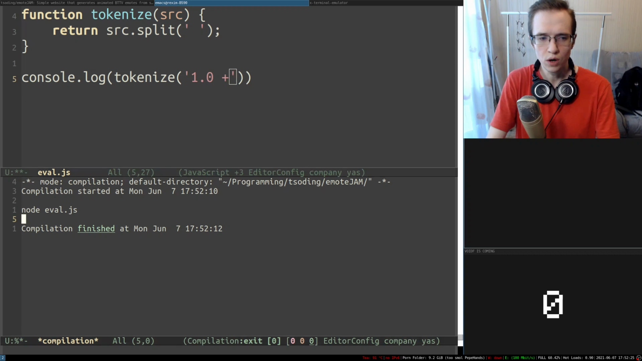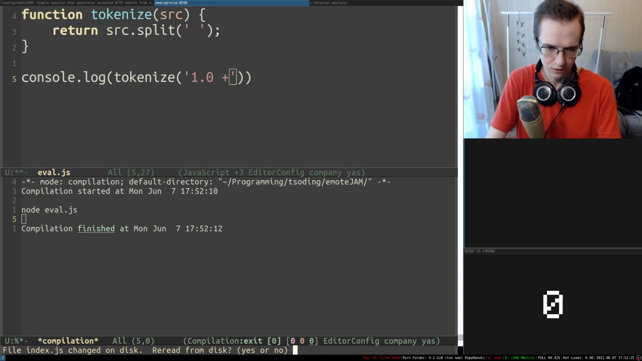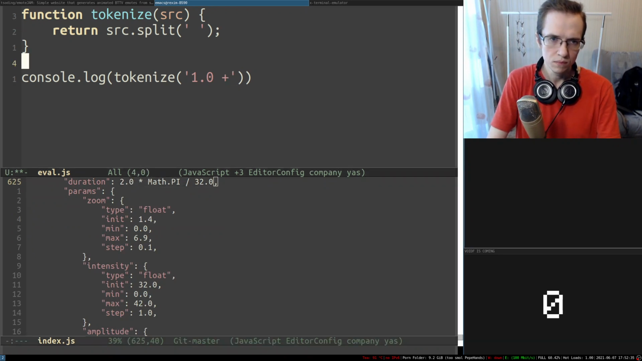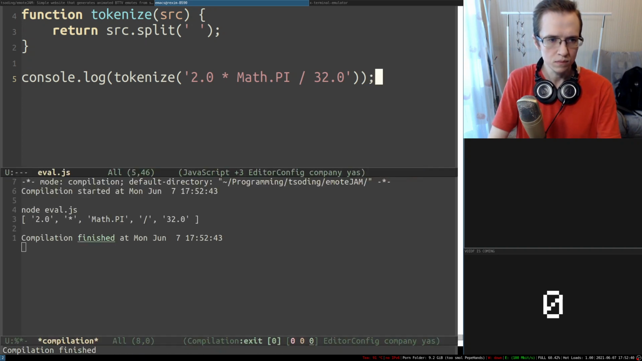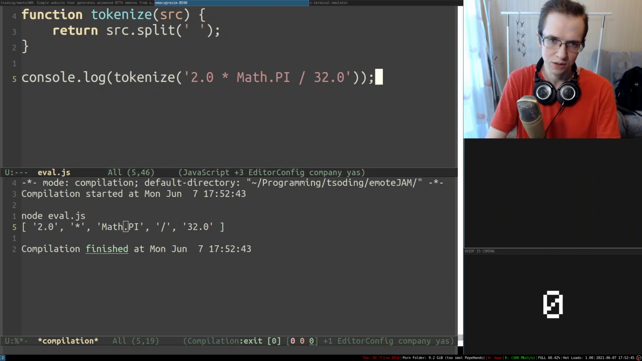Let's actually use the production expression, JS, index.js. So this one. This is going to be something like this. There we go. So as you can see, we managed to split it into lexems, but this is not an